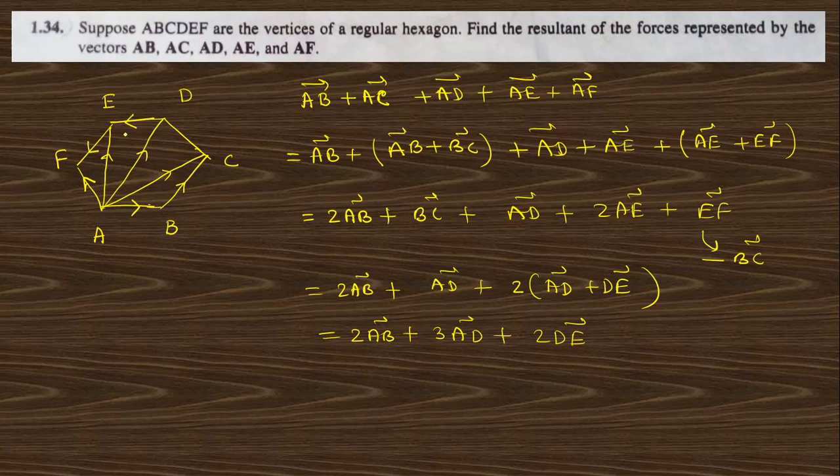And DE vector is nothing but minus of AB vector. So this is minus of AB vector plus 2 AB, so this will be cancelled out. So the answer of this question will be 3 AD vector. Clear? Next,